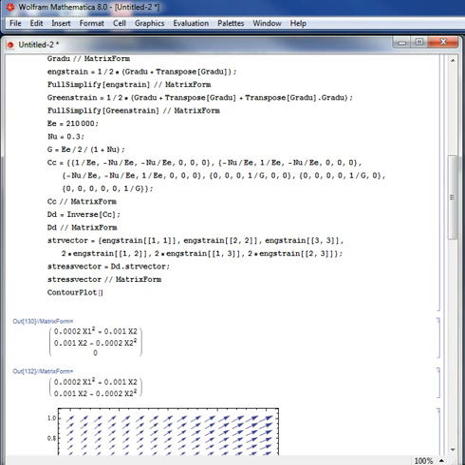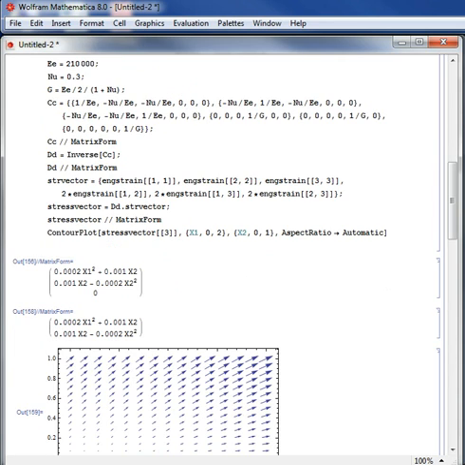Sigma 33 is the third component in the stress vector. Again, this is drawn for x1 from 0 to 2 and x2 from 0 to 1, and given aspect ratio automatic. Shift enter,